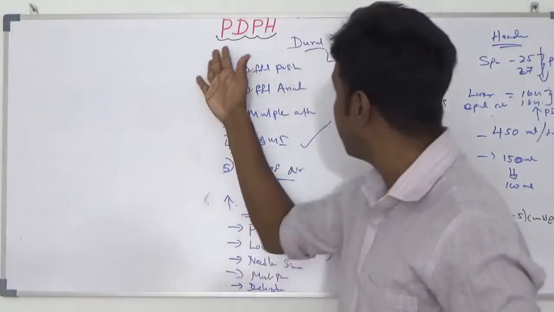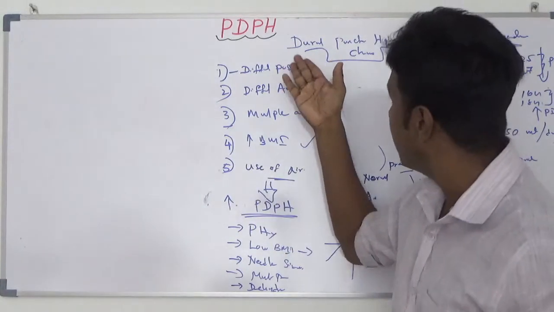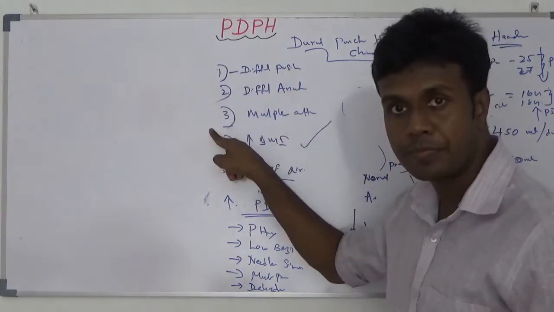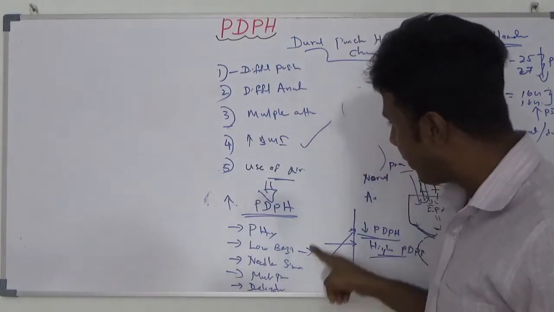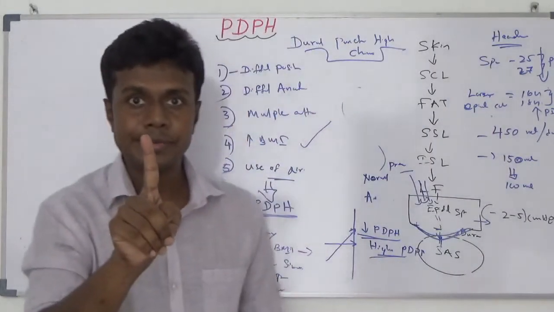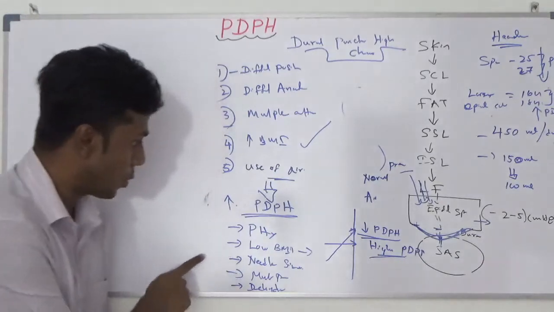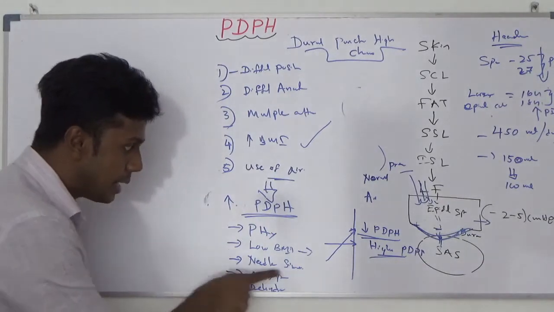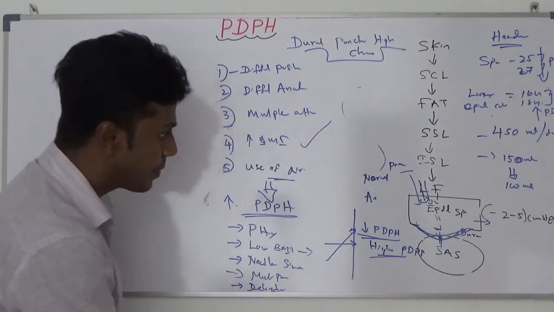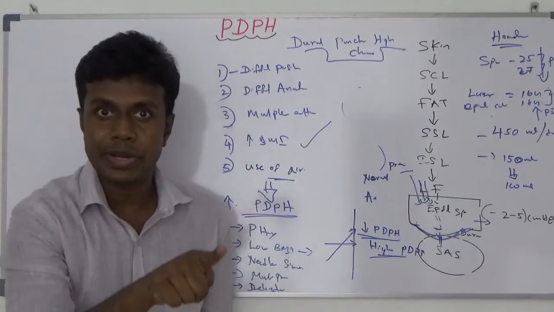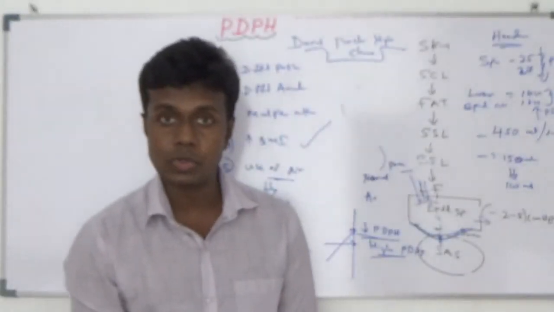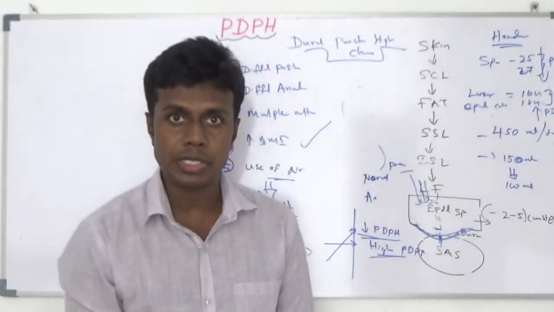Now you know who are the people who have a high chance of developing dural puncture. These are the patient groups. Who are the patients at high risk of post-dural puncture headache after dural puncture? These are the groups: past history, low BMI, large needle size, multiple attempts, dehydration, and perpendicular needle, not angulated needle. A perpendicular needle has a high chance of developing post-dural puncture headache.